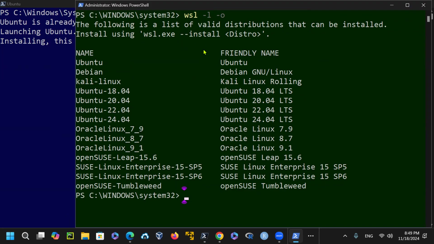WSL -L -O, you can see the names that are available for my installation. This is online. It lists all the options that I can install. So you can do Ubuntu, you can do Debian, Kali Linux, Ubuntu 18, different versions of Ubuntu, including 24.04. I believe when you do the default one, Ubuntu, it would give you the latest version available on